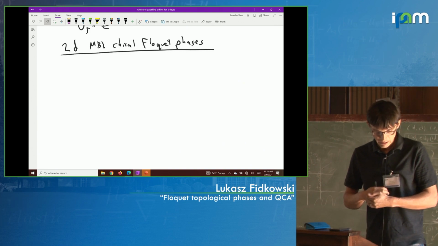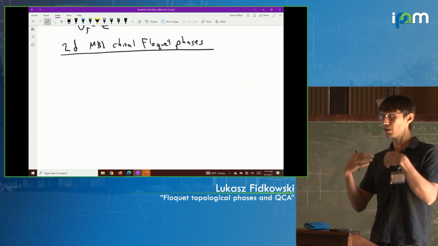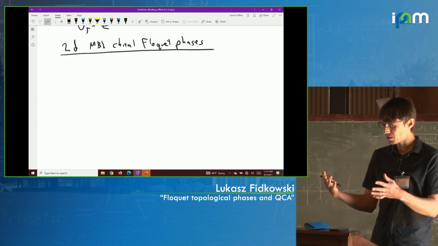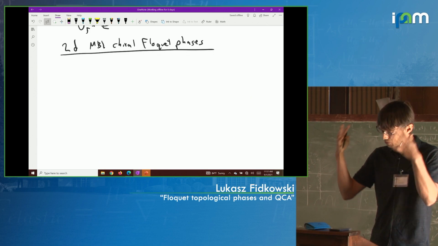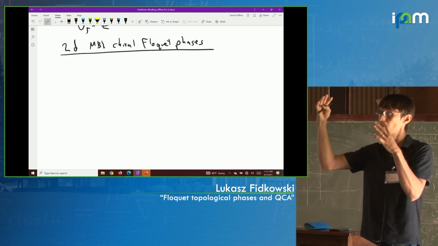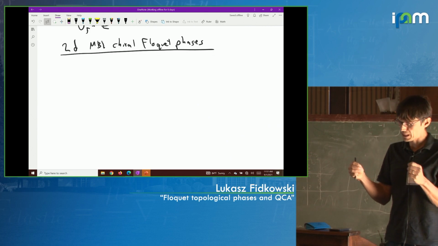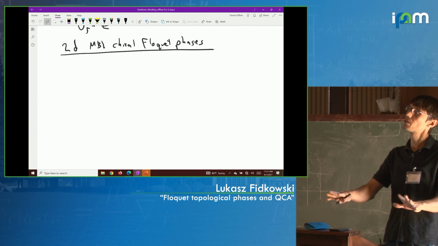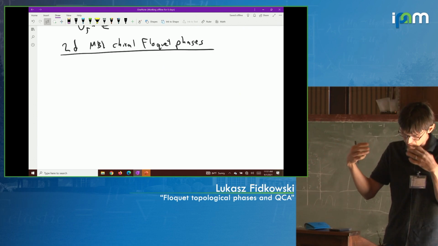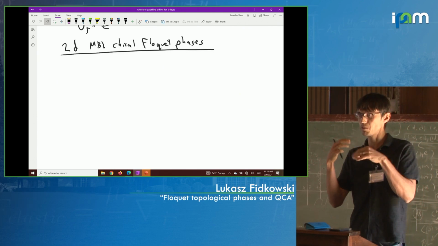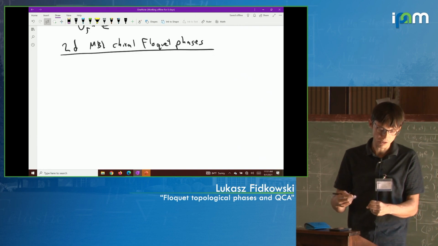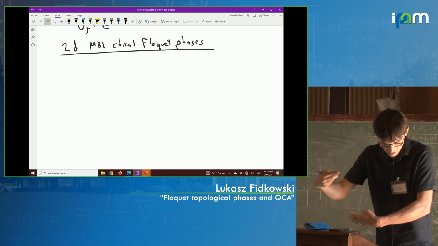Okay, so for such Hamiltonians, I'm going to show you how to extract a quantized invariant. In other words, such Hamiltonians with that property don't all sit in the same connected component. It turns out that there's a quantized invariant which distinguishes them. And here I'm assuming my system is built out of qubits. There are more fancy things that can happen if you have qutrits or different dimensional local Hilbert spaces, but I'm just going to be working with qubits. So let me show you how to extract a quantized invariant from a 2D Floquet MBL Hamiltonian.